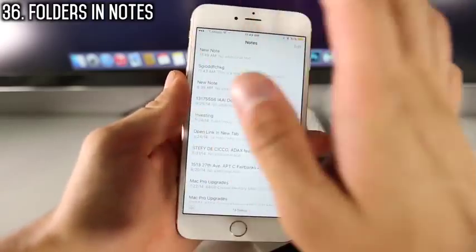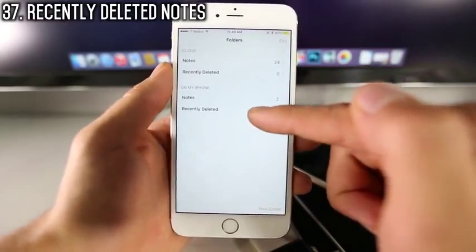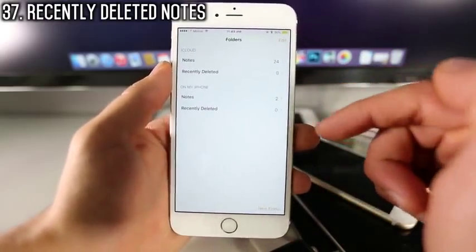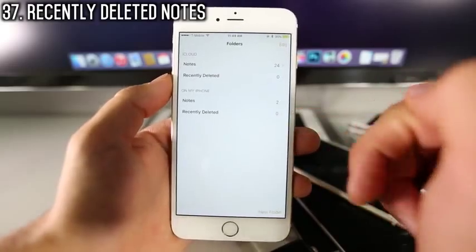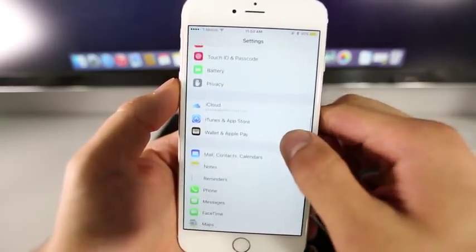But beyond that, you can create folders inside of your Notes application now. Not only that, there's a new recently deleted folder right here. So if you delete them and want to recover them, they can be found there. Now a feature that we've been asking Apple for a while, a pretty big one that they finally decided to add,